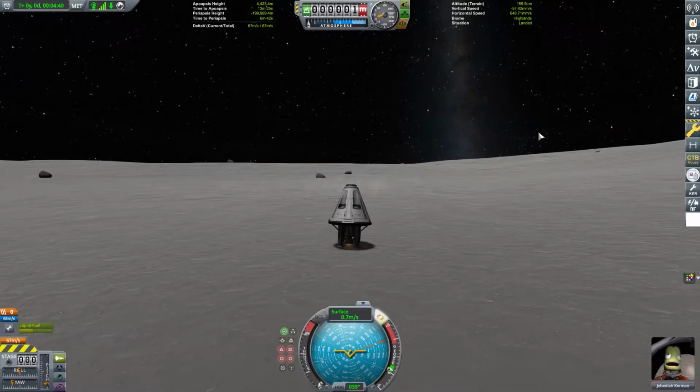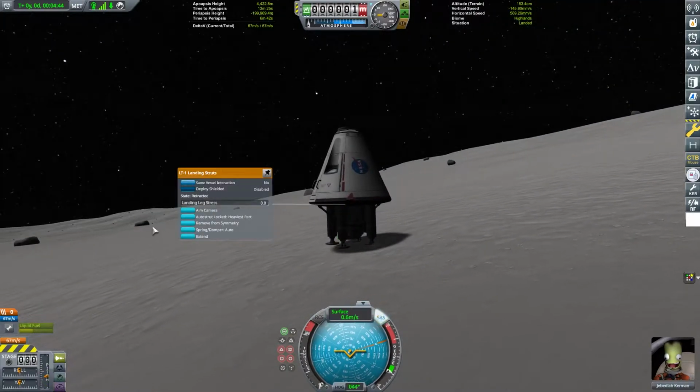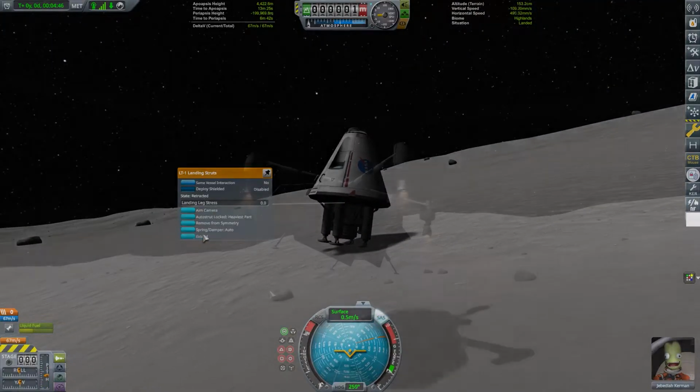This is Jeb, and he is landing on the Mun. But Jebediah has no way of getting home, unless...